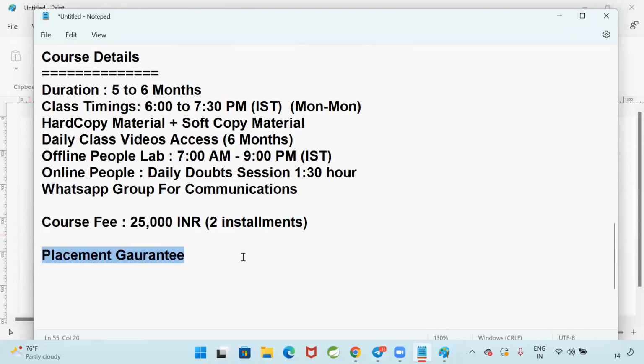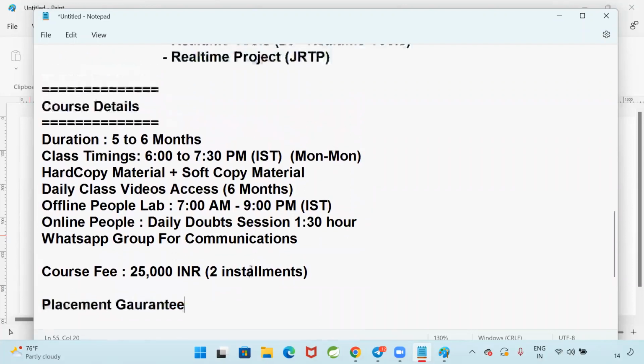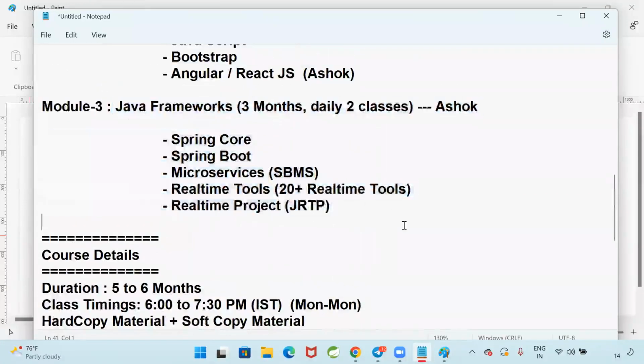If you go as a fresher, we will help you get the job. Monthly, once or twice, companies will come to our institute to conduct offline drives. You can participate in the drive also if you want to go as a fresher. But after starting module 3, you will realize there is no need to go as a fresher. If you go as a fresher, how much package are you going to get? 3 lakh, 4 lakh, 5 lakh. If you go as experienced, 12 to 16. There are people who got 12 lakhs package, 10 lakhs package, 16 lakhs package, 18 lakhs package.